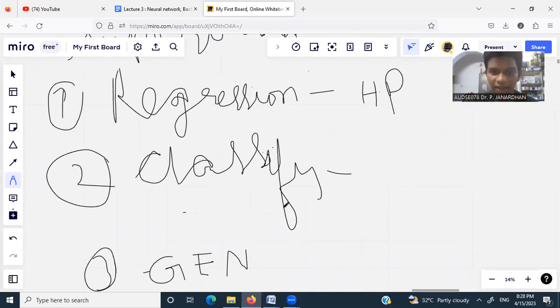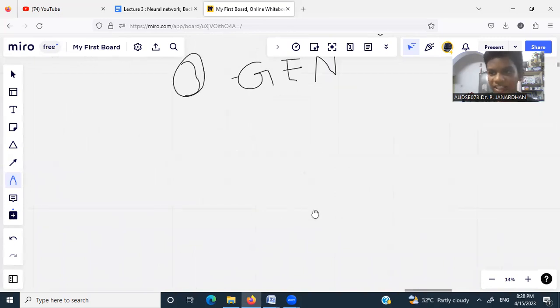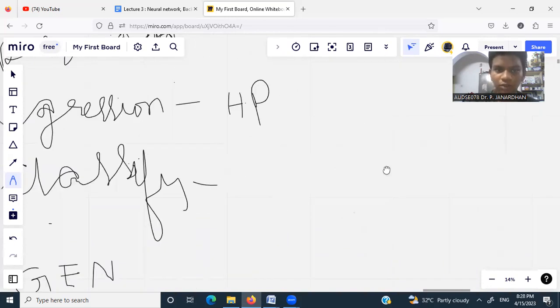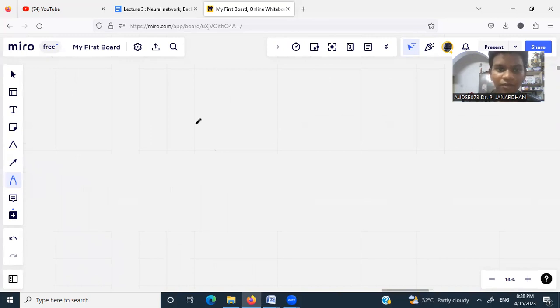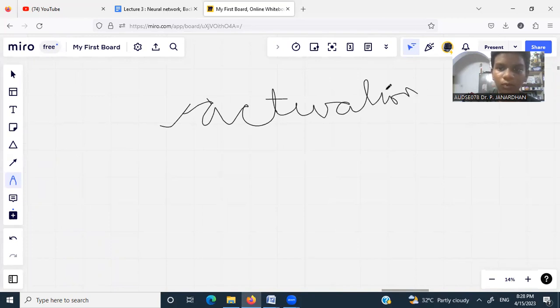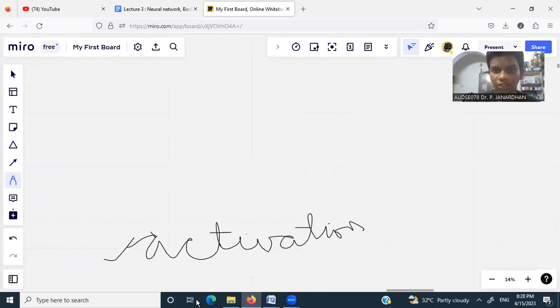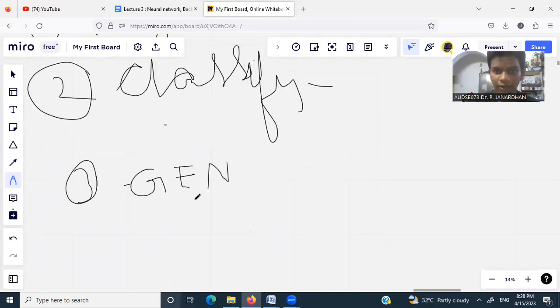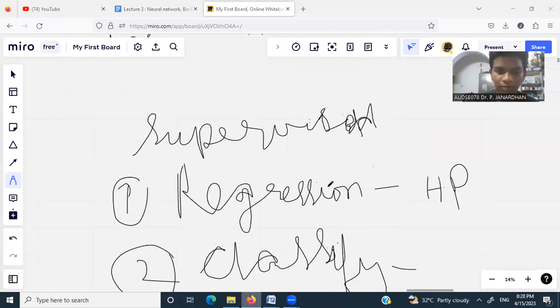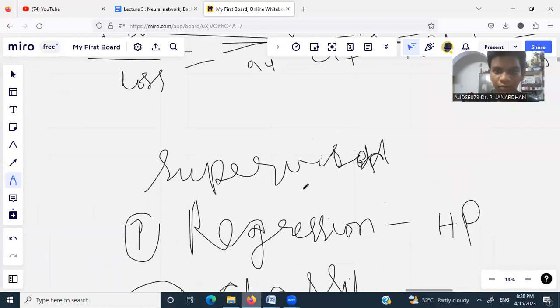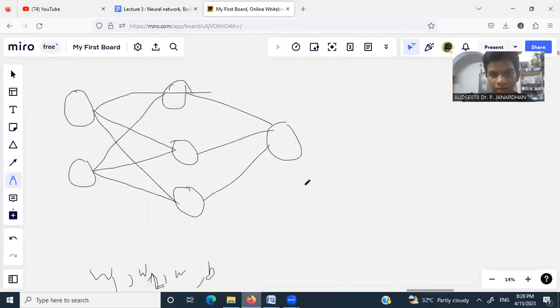So we have regression and classification. So let's see how this classification works, and what are the changes that we have to make. To do classification, we have something called activation functions, right? So let me just show you the diagram of the neural network. So this is the neural network, right? So we have this output,